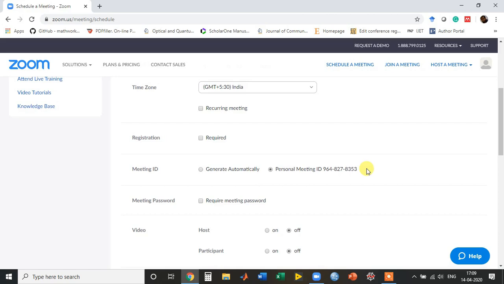If I share this personal ID with the students and tell them this is the time and date of the class, they can simply join the class by typing in this personal ID.